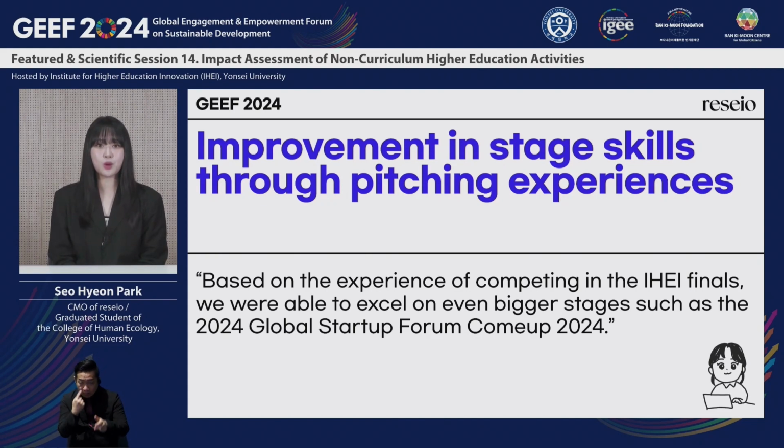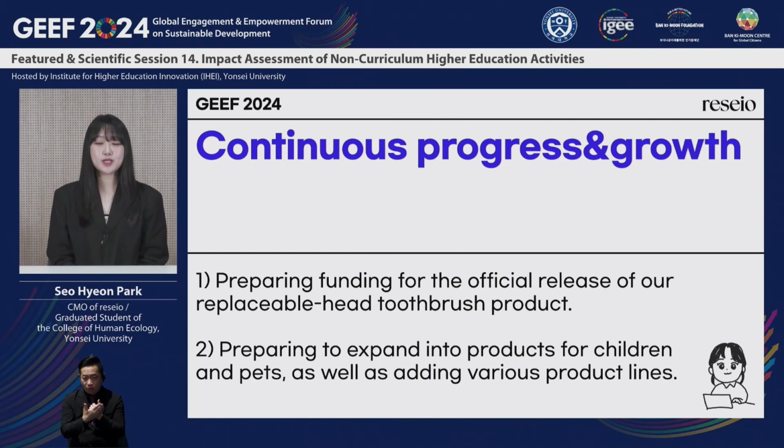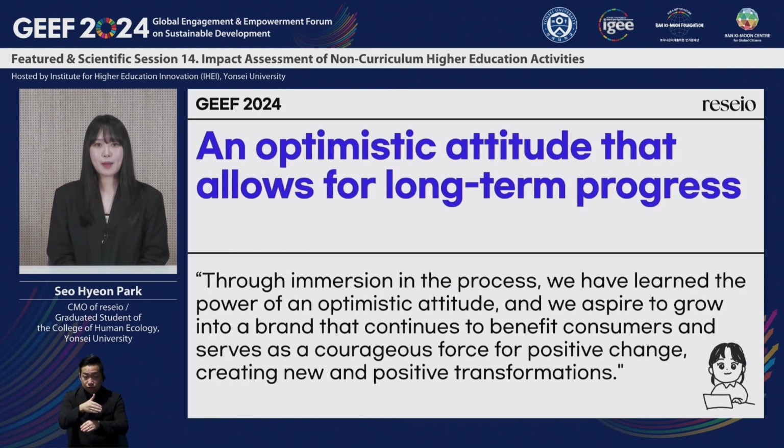During various support programs, our pitching skills have also improved. In particular, when we had the opportunity to stand on the main stage of the Global Startup Festival Come Up Academy League held at Dongdaemun DDP in November of 2023, that indeed was a significant moment. Despite this being a really big event, we were able to successfully finish the pitch thanks to our previous pitching experiences. Recently, after showcasing our product at CES in the United States, we have been accelerating our efforts to prepare for funding to officially launch the product in Korea, and we plan to expand our product lineup diversely in the future.